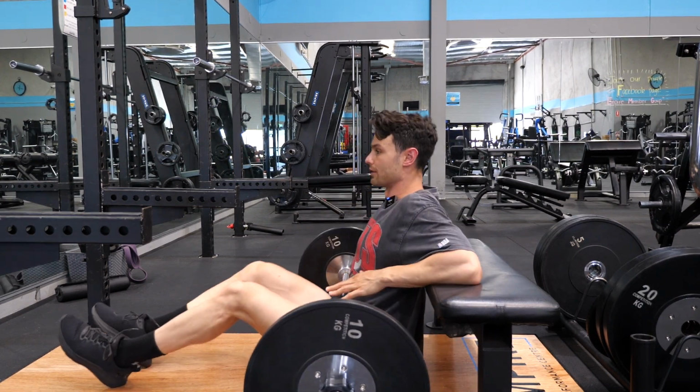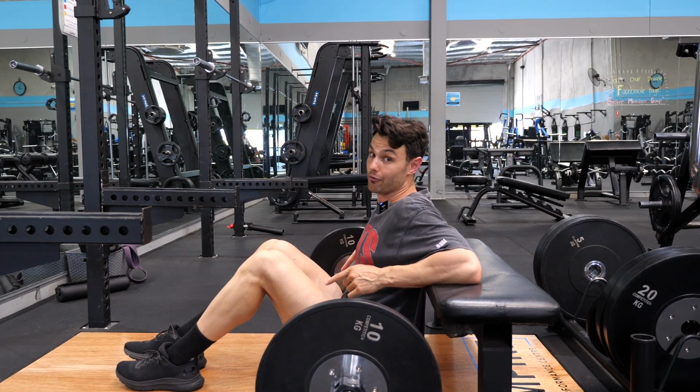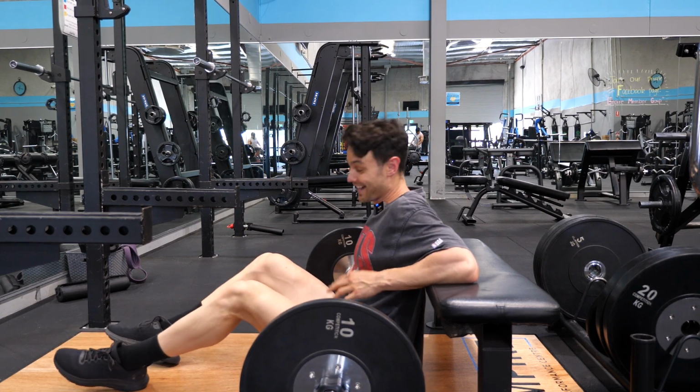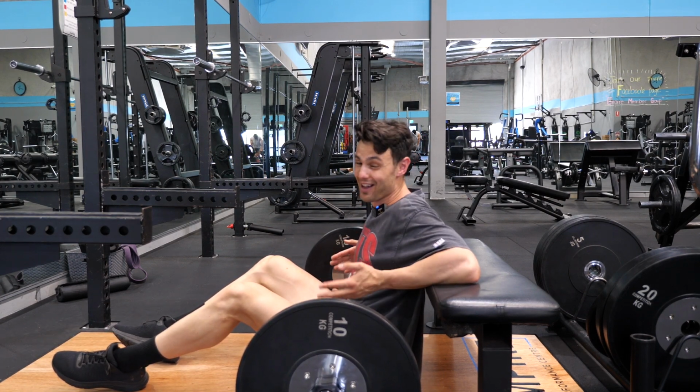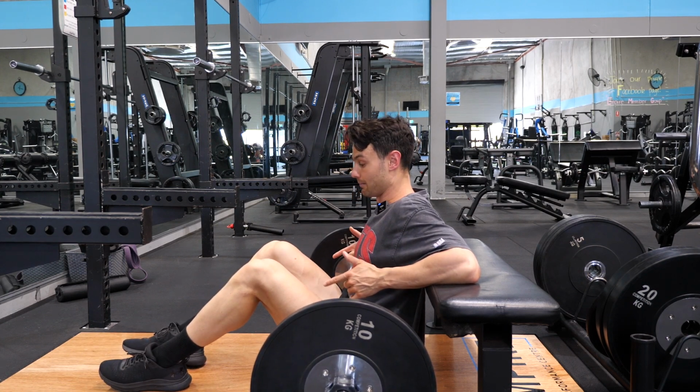We're going to roll our shoulders back. We're going to be bringing our feet in as far as we can to get them flat on the ground. Some people's flexibility might not quite be there. Often you might have a little bit of a tummy in the way. That's also no problem. Just bring your feet in as close as you can, keeping them almost flat on